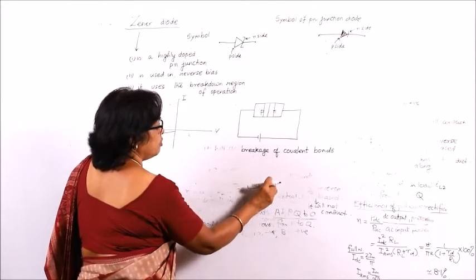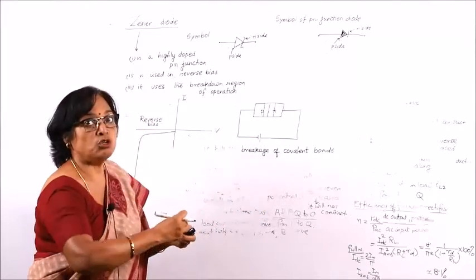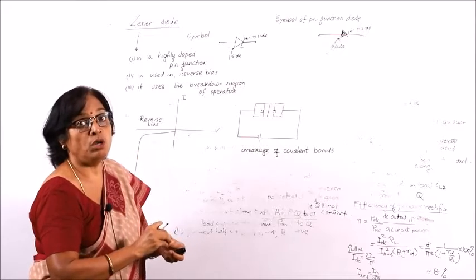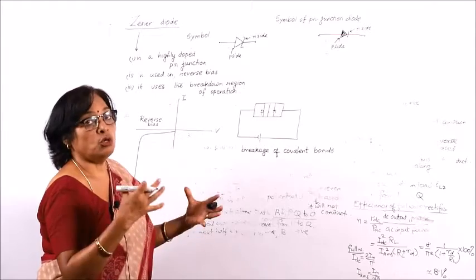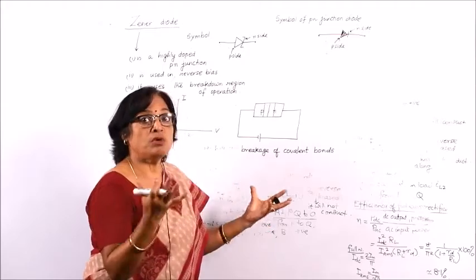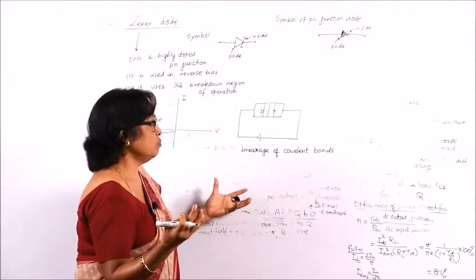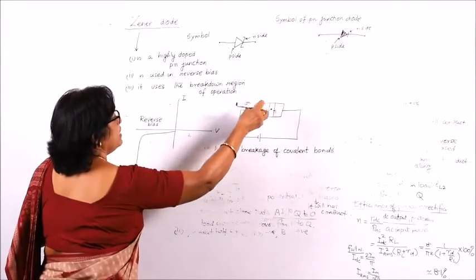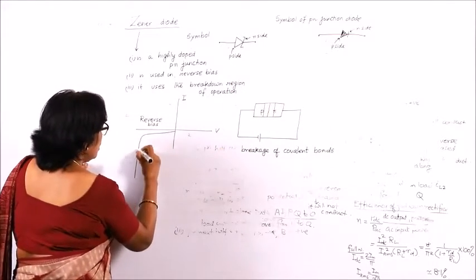So, germanium to germanium or silicon to silicon, the bond broken means an electron goes out, the electron becomes free. When an electron goes free, there will be a hole. So one electron is released, one hole is released. Electron-hole pairs are created, as a result of which a large number of charge carriers are there in the circuit, and in the P side the number of holes increases and suddenly the current increases to a